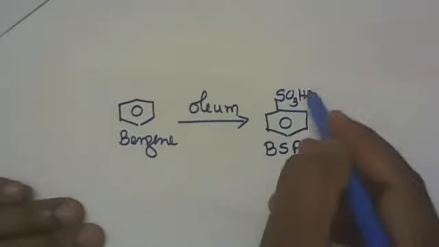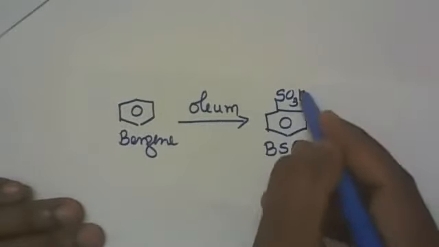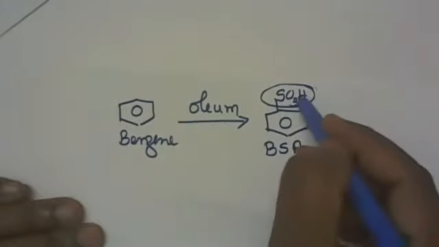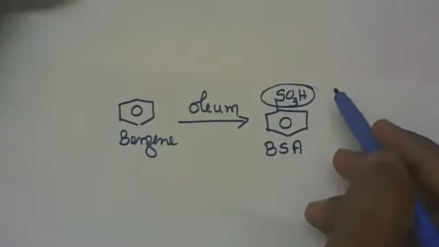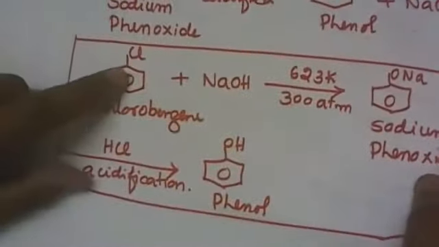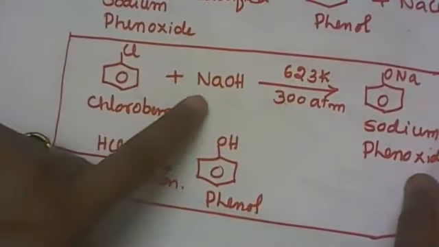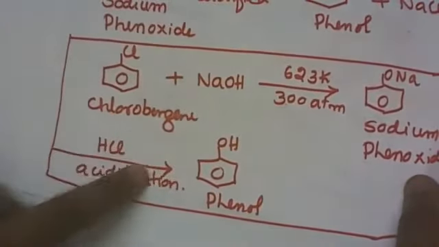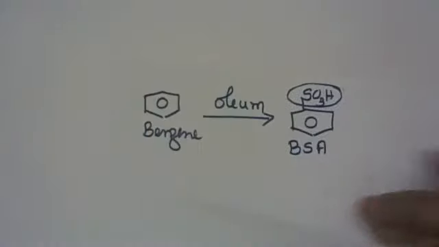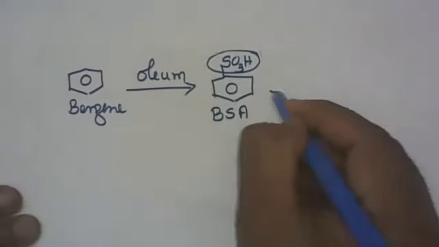What is my target? My target is to remove what? SO3H, correct? And add OH here. Previously I explained from chlorobenzene. What we did was chlorine was there. You have to make the sodium hydroxide, then acidify. So I'll combine this step. So remove Cl, add OH. So I'm going to condense the steps now. Here I'll write two steps together.